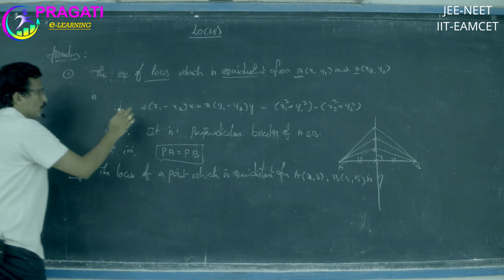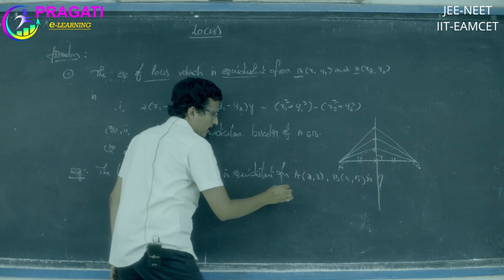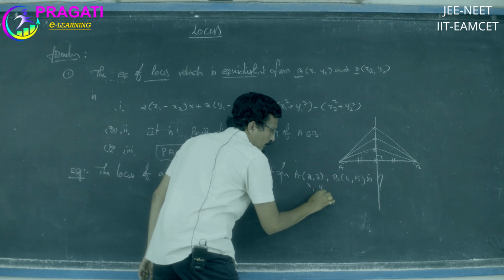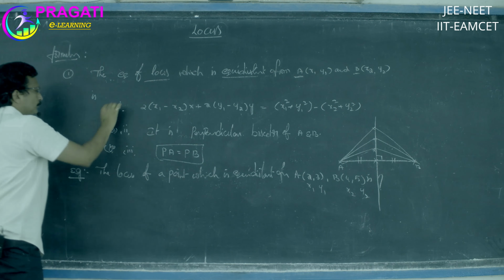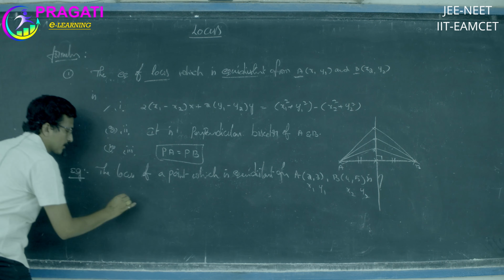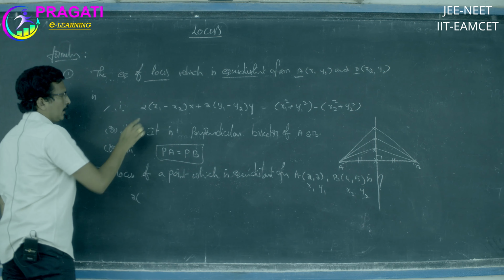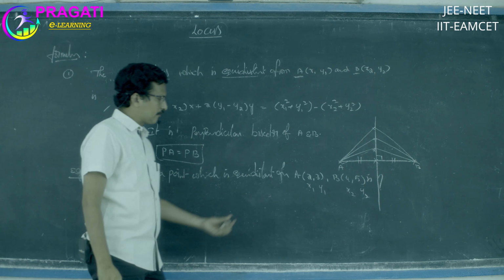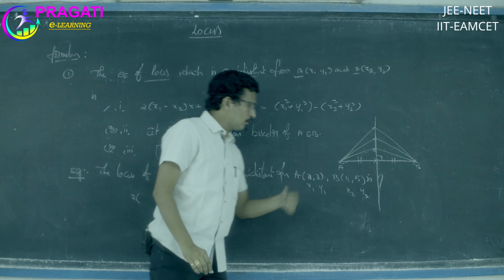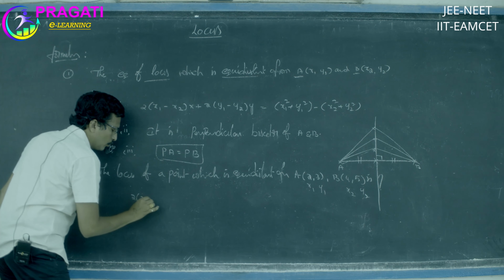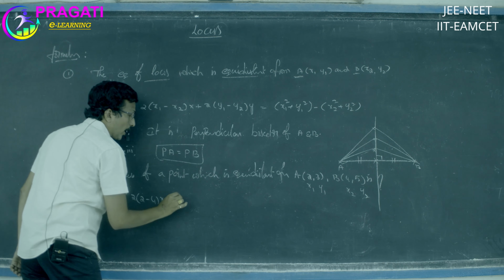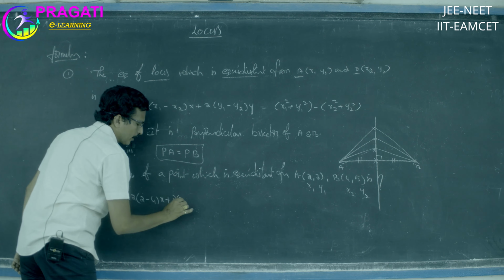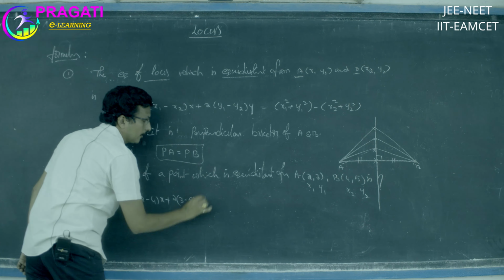Here first of all we use the synopsis. Here the points are denoted by x1, y1, x2, y2. We use this formula: 2 into (x1 minus x2). What is x1? 2. What is x2? 4. So 2 minus 4 into x plus 2 into (y1 minus y2), that means 3 minus 5, into y